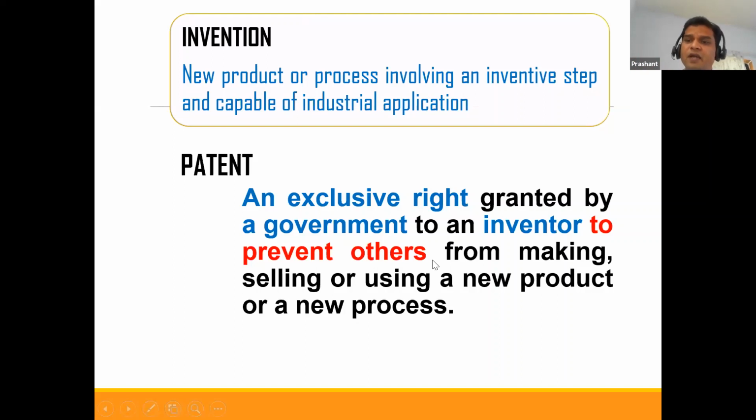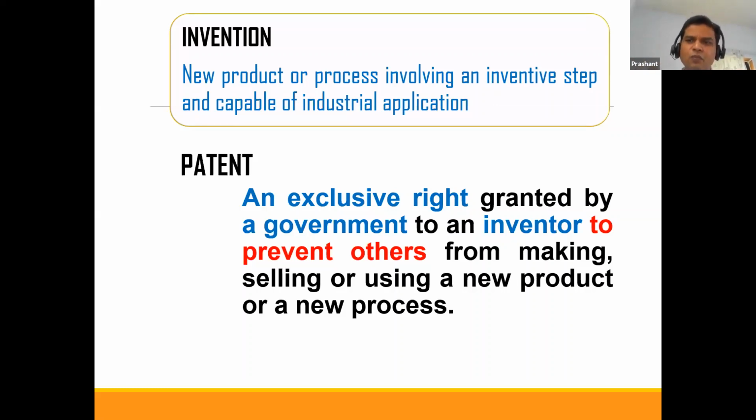Now what is meant by patent? Once you understood that your invention qualifies for three criteria: one is novelty, second inventive step, and third industrial application, then you apply for a patent and follow some steps, and if your proposed invention qualifies for these three criteria, the patent office usually grants you a certificate, which we usually call an exclusive right. And usually this right is something we call a negative right, because by getting the right you are actually preventing others from making, using, selling your product which is covered under the patent. So it's a negative right.